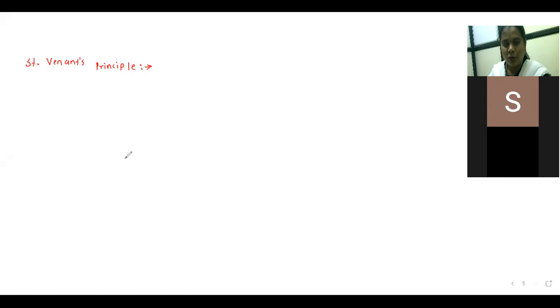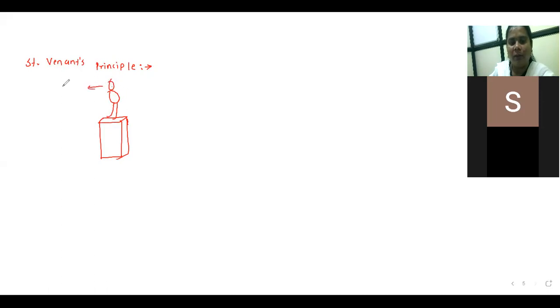Suppose this is a column. Please don't draw this figure. Okay, I will give it to you. Suppose this is a long column, and on that column, one person is resting here.